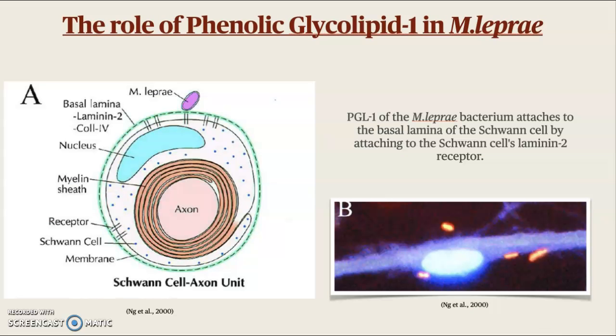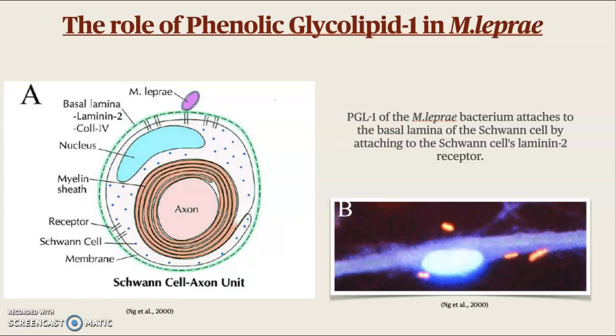Now, most of the study on PGL-1 will go as follows. M.leprae comes into contact and shows a preference for human Schwann cells, because it can bind with the laminin 2 of the basal lamina. On the image here on the left, you can see the M.leprae in purple coming in contact with the basal lamina in green. And so this bacterium is attaching to the Schwann cell by attaching to that Schwann cell's